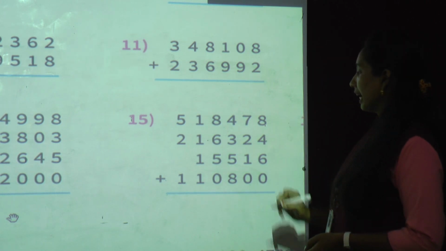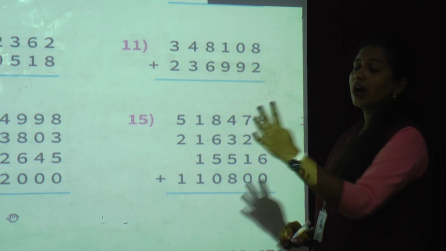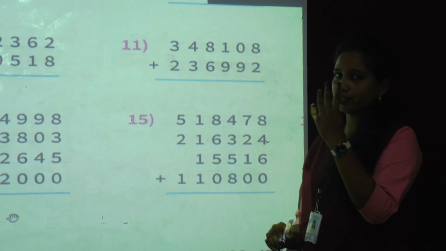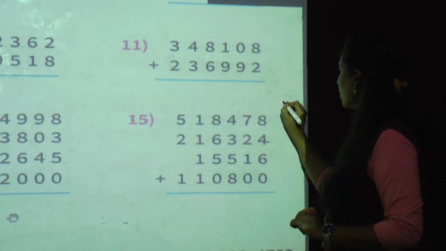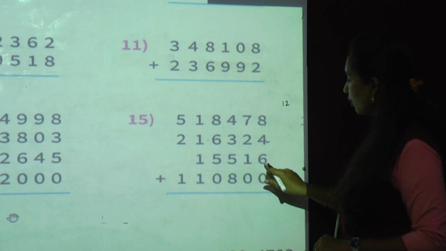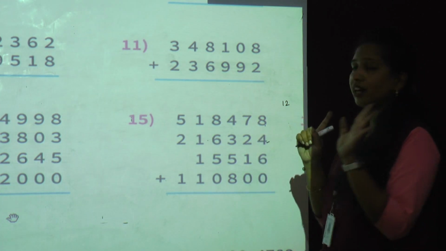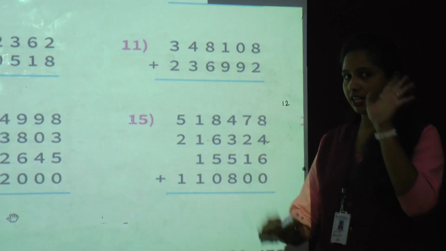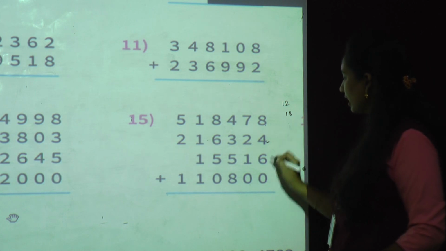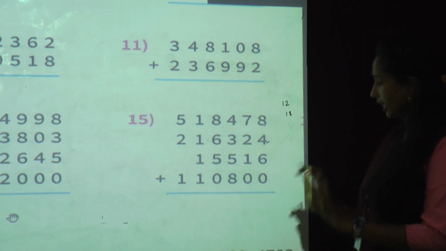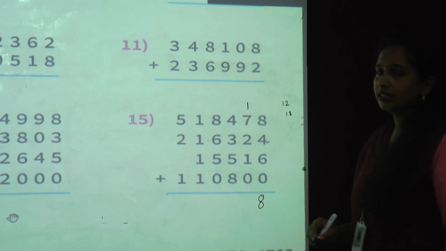Now this is what? 8. 8 keep in your mind. Now 4. Now count after 8, 4 numbers. 8, after that 9, 10, 11, 12. Okay, so write somewhere 12. Now what we have to add? 6. So keep 6 fingers and count after 12. After 12, 13, 14, 15, 16, 17, 18. Okay, 18. 18 plus 0 becomes 18 only. So write 8 here and 1 we will carry to 10's place.